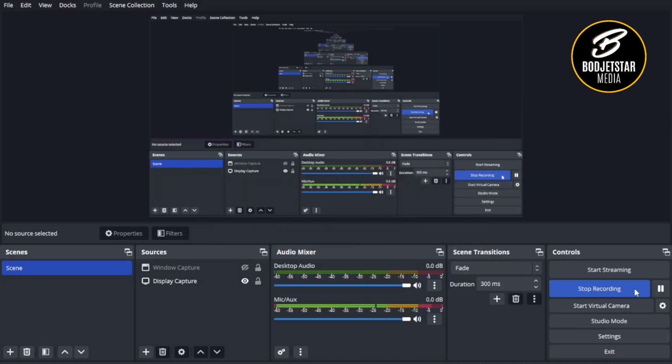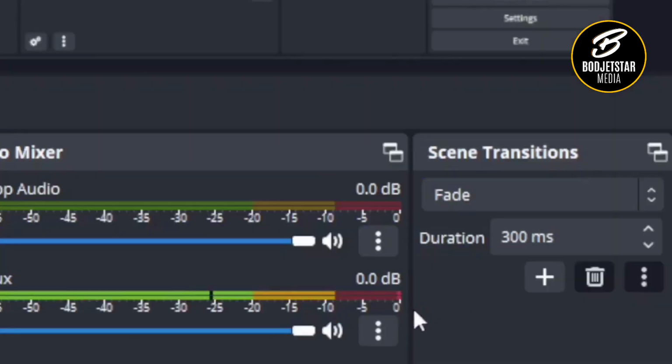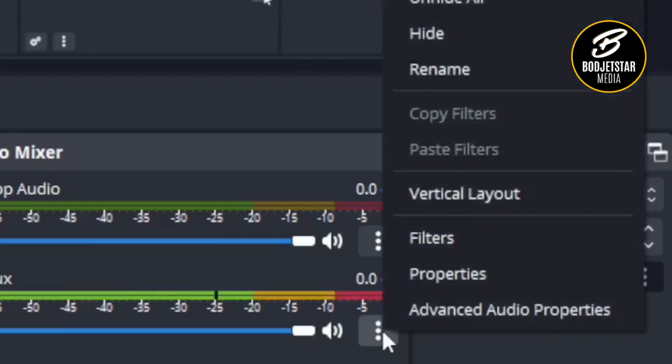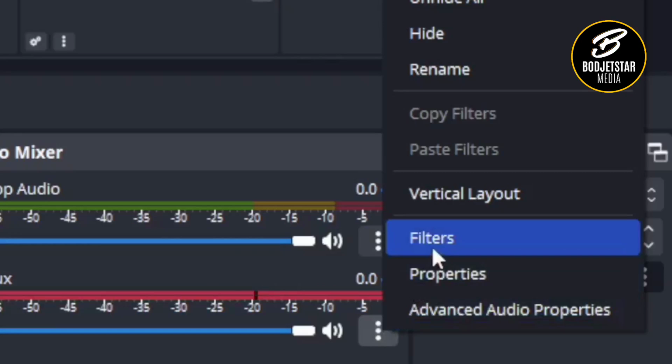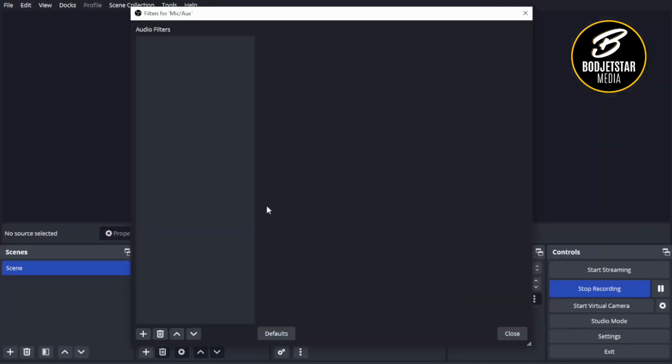So let's start. The first thing you need to do is to come down to your mic/auxiliary. You will see the three dots there. You click on it. When you click on it, it will bring the options out. So you scroll to where you have filters. When you click on the filters, you come to the left